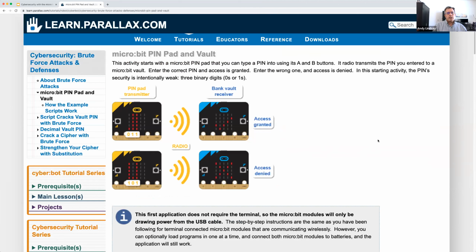Now, this particular lesson, when I was developing the Cyberbot Robot lessons, where this material that we've been going over was peeled out of, this lesson was to stay consistent with cyber.org's curriculum, because